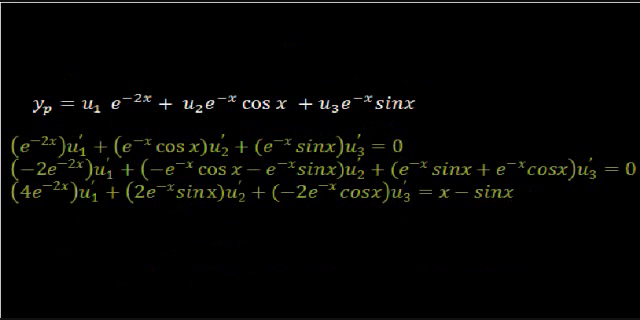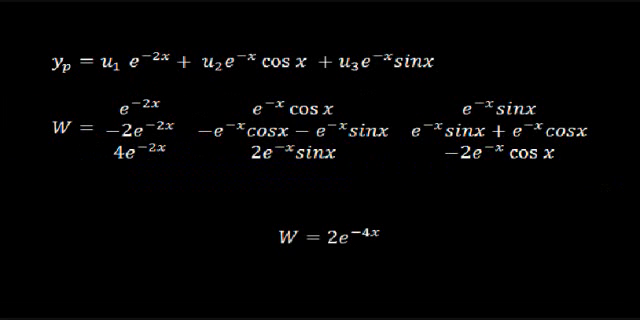From yc, we get our particular solution, knowing that we have three constants, u1, u2, u3. We are to find their values using Wronskians W, W1, W2, and W3, since we have three constants. And here